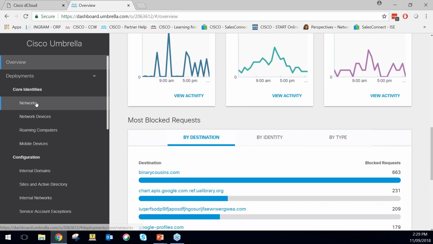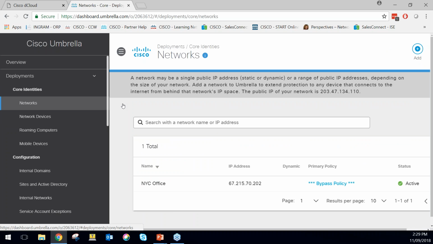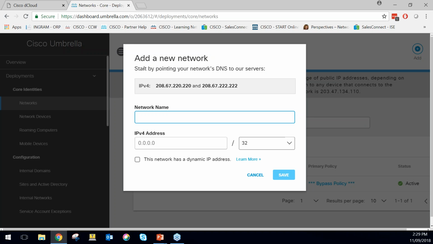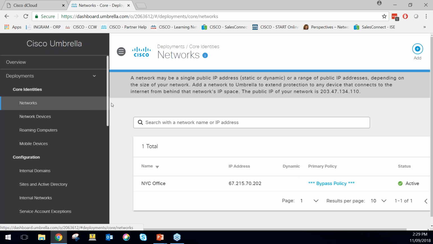For going to deployment, it's as simple as going into networks, click Add up top. What we see is start by pointing your network DNS to our servers. So be that on your ISR routers, be that on your DHCP servers, redirection to here. We name the network name here. We place, so say, Sydney-based office or Melbourne-based office, place in the IP address, and we have visibility straight from here. So I'm currently on a read-only account, so I don't have admin privileges to show you guys, but it's